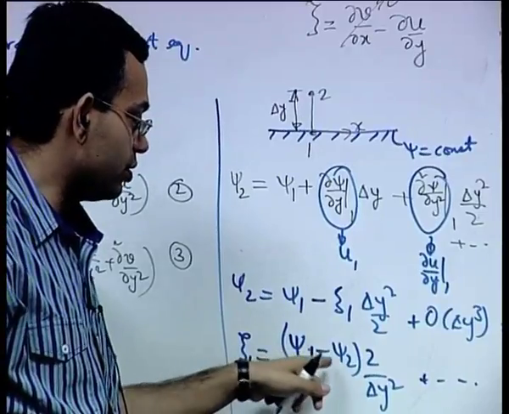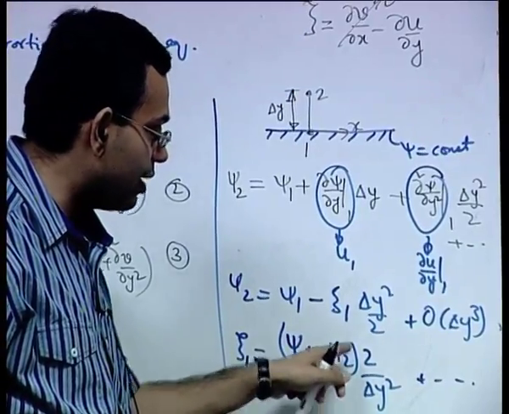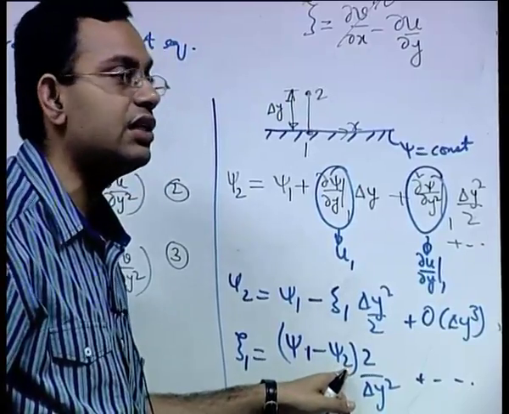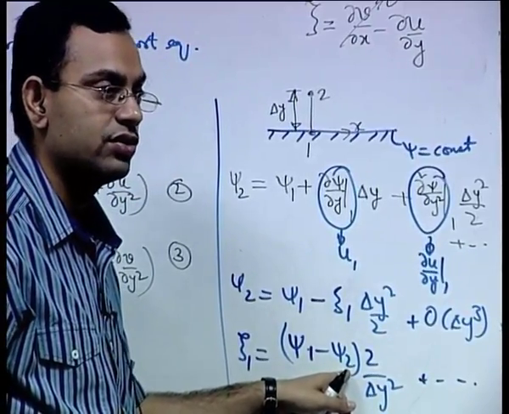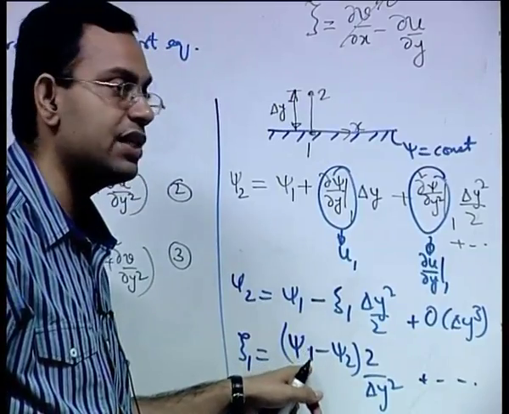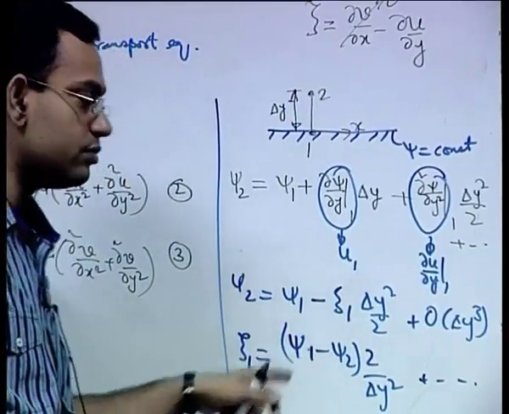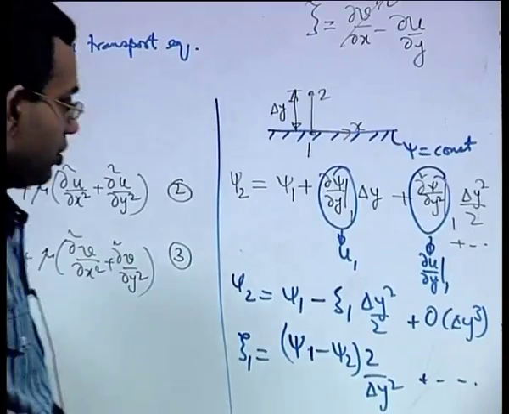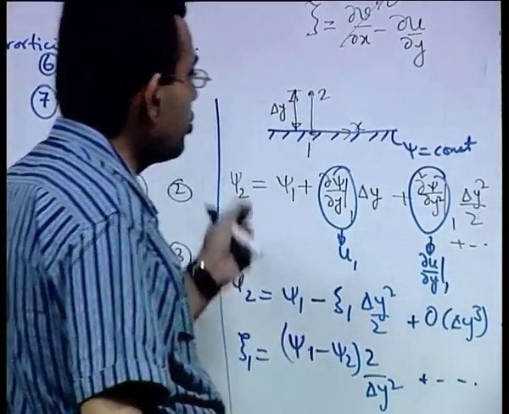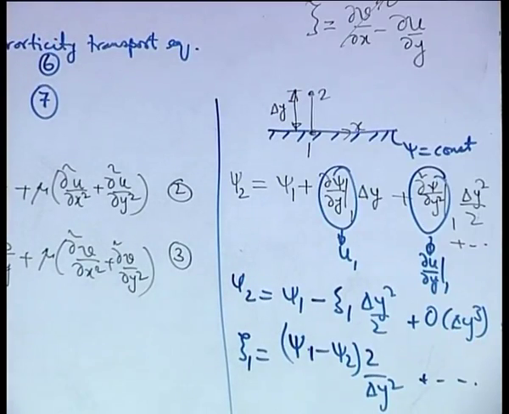Okay. So, in an iterative framework, even if you have not solved psi 2, you have some recent guessed value of psi 2, and psi 1 is the properly prescribed boundary condition. So, you can see that it is not very trivial to give the boundary condition for the vorticity. Now, let us try to